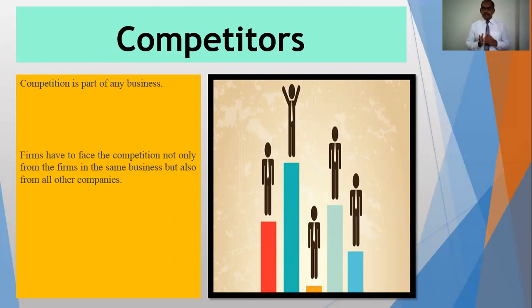It means when a particular company is producing mobiles, it has competition from other companies producing mobiles. That is the same business competition, but it also faces competition from other consumer durable goods, because all these companies are focusing on the consumer's disposable income. With this disposable income only, the consumer purchases different goods. So each company faces competition from the same business and also from other companies' products. In this way, companies have to frame strategies to face the competition for their survival and growth.